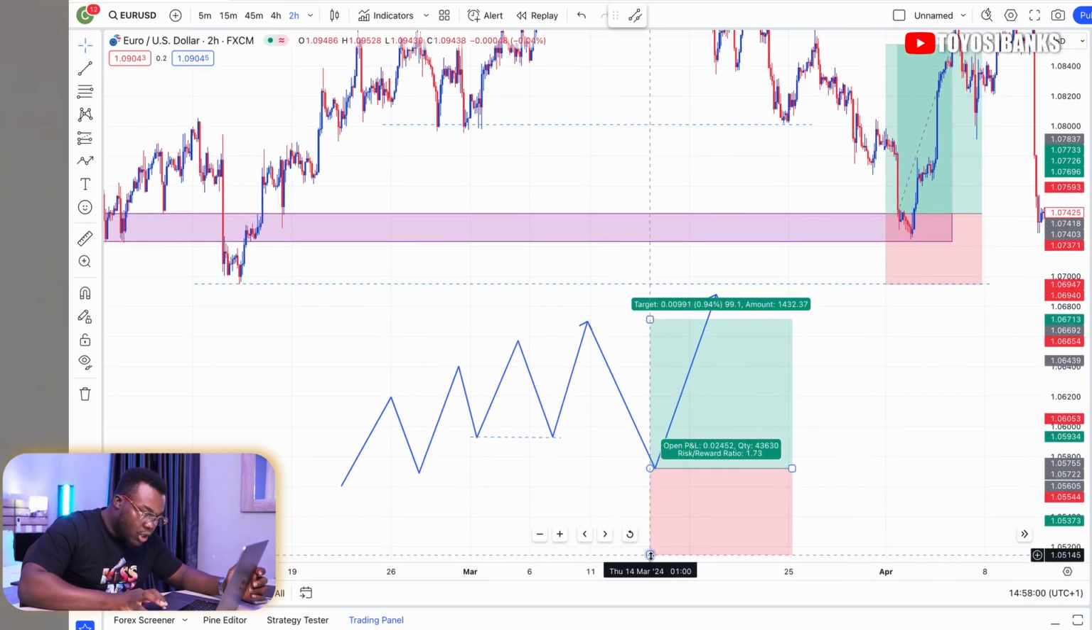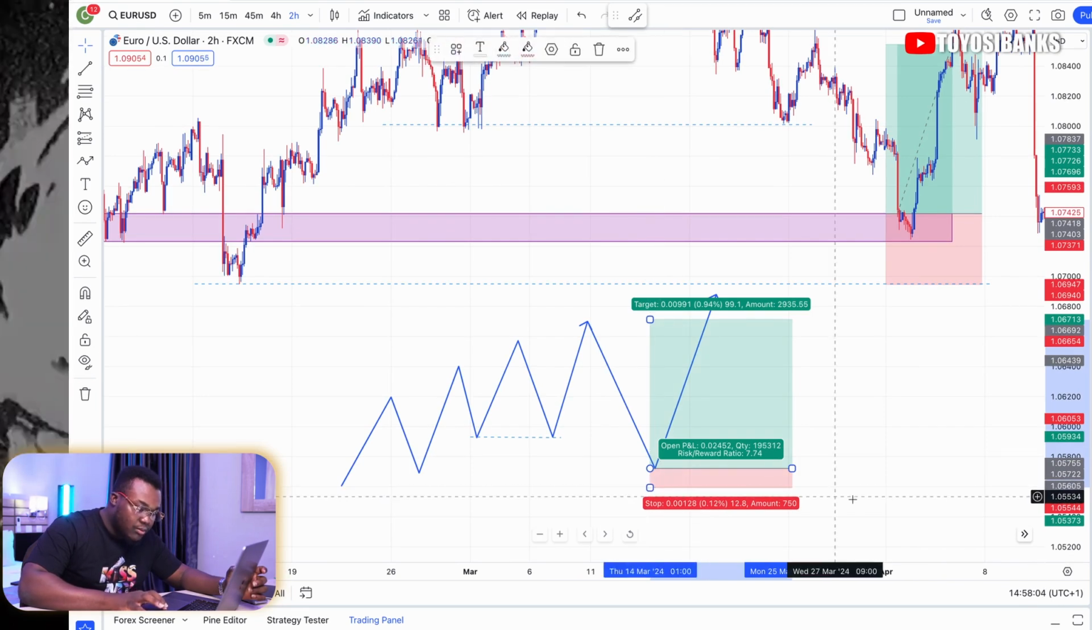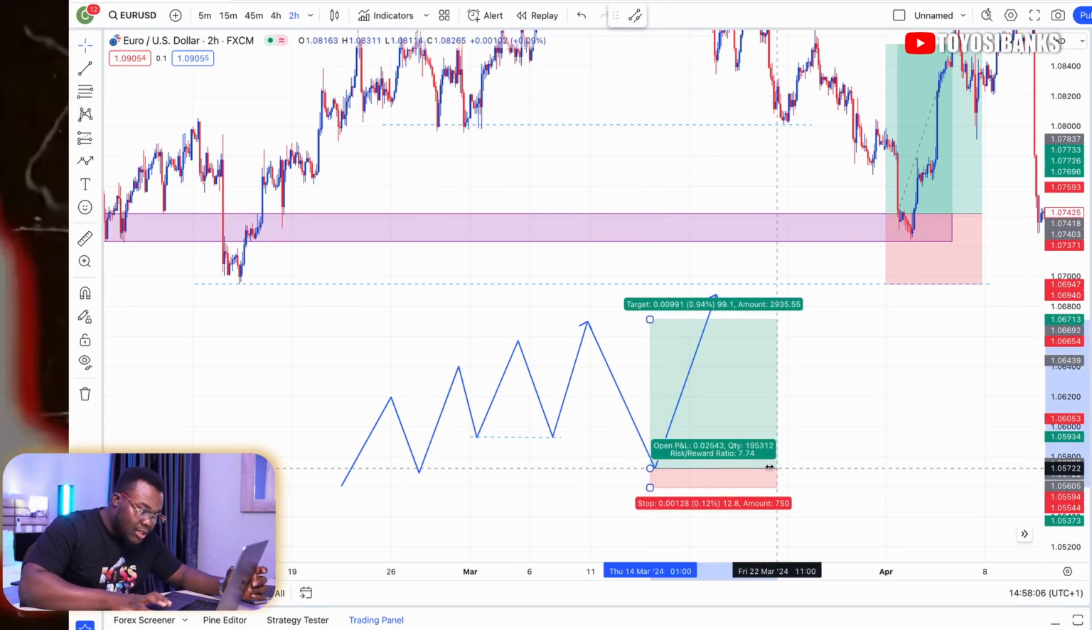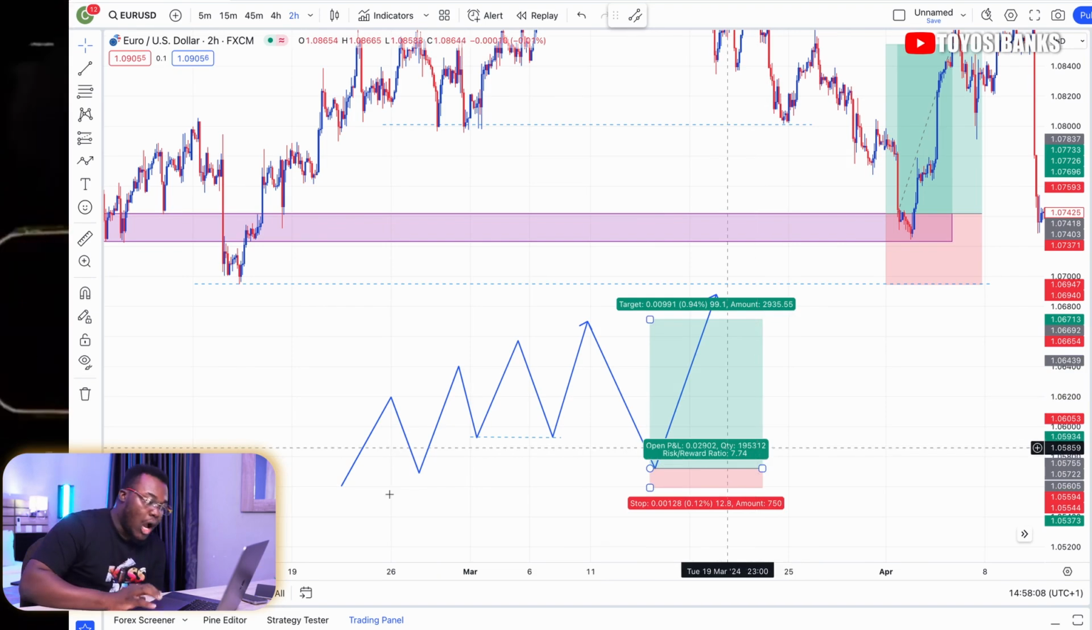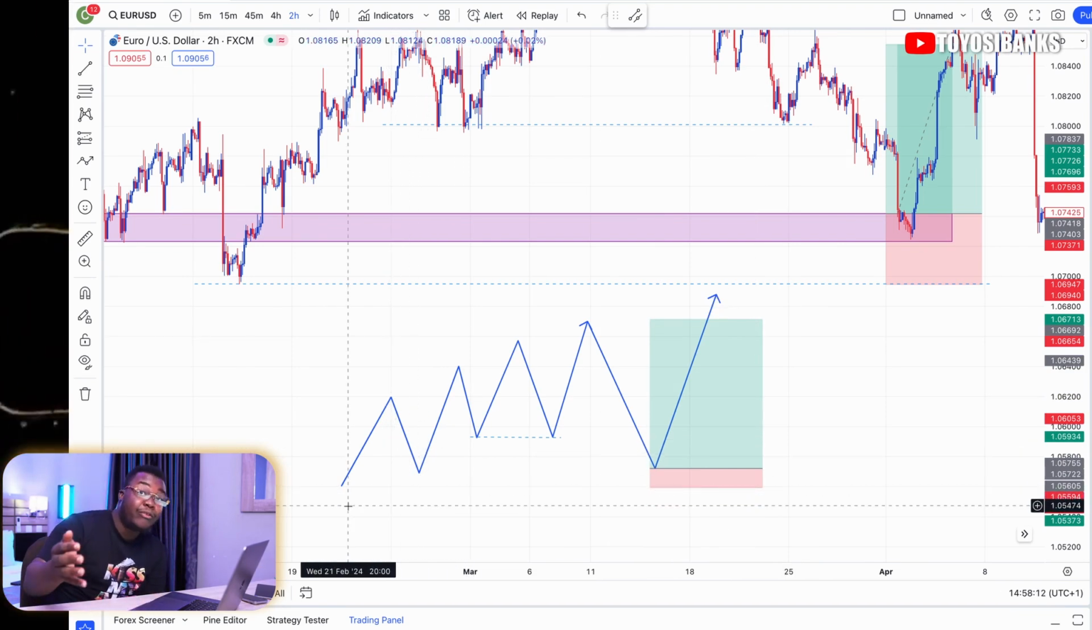Now, where would your stop loss be retained? At this low that is here. This is where your SL will be, all right? So we're looking at that particular area being the SL. Now, why? Because you cannot set your stop loss in between this, because like I said before in the